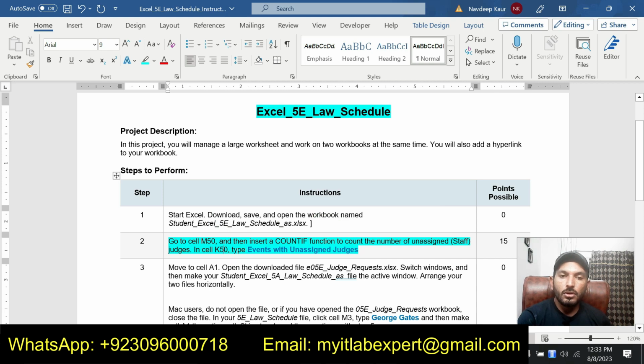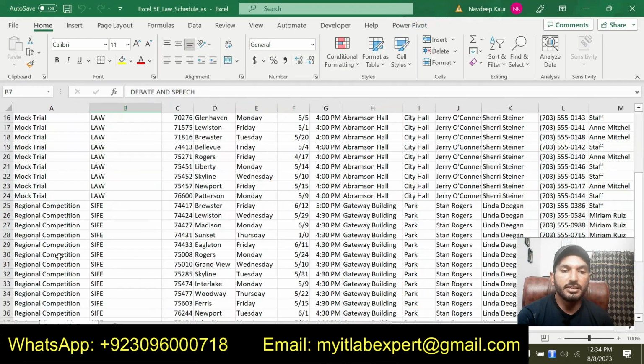Go to cell M50 and then insert a COUNTIF function to count the number of unassigned staff judges. In cell K50, type Events with unassigned judges. So in step number 2, we are supposed to use the COUNTIF function in cell M50.